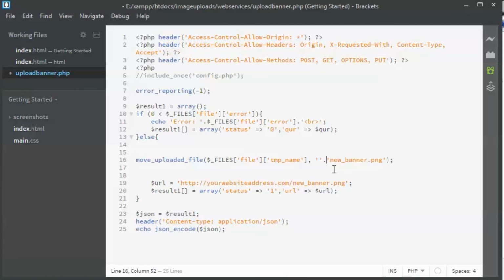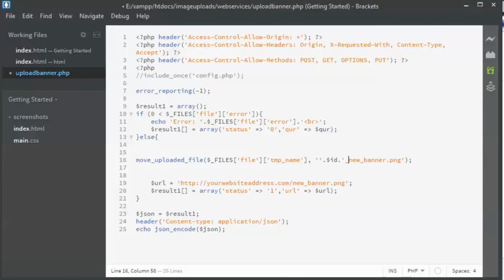You can put something like id underscore new id underscore new banner image. Suppose if there is an id, you can paste it over here. You can set a new random number in the id and generate a new URL. I'm just giving you this tip so that you will use this code more efficiently.